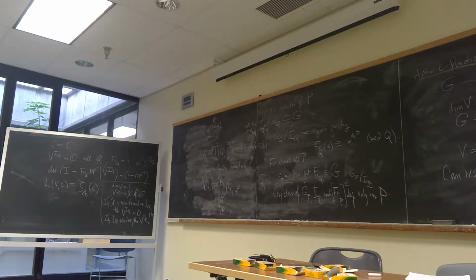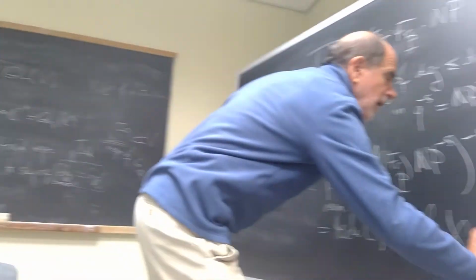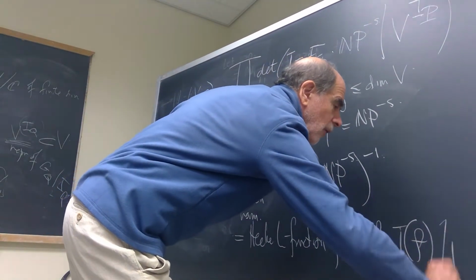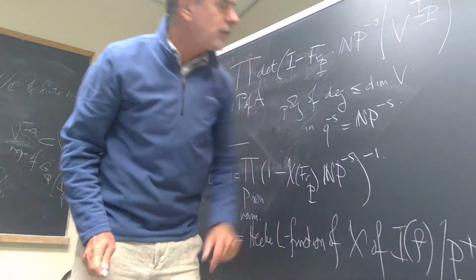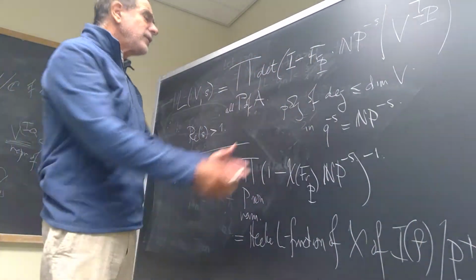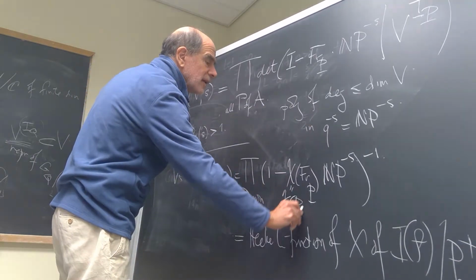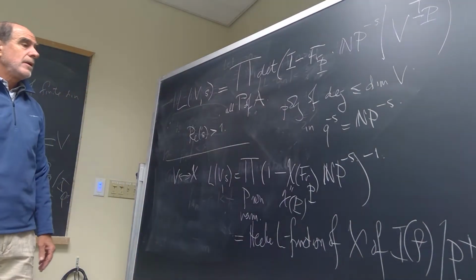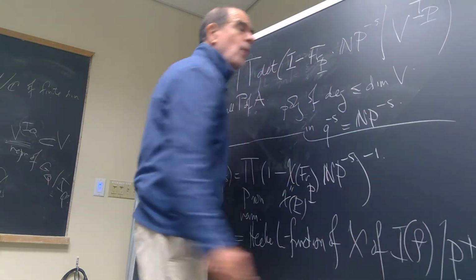Well, now we saw by class field theory, this is equal to the Hecke L function of a character chi of I_F mod P_F, because all the abelian extensions are quotients of this group. And so in this case, we're dealing with a Hecke L function. This is the same as chi of the ideal P, etc., in the Hecke definition. And so in this case, we're dealing with something that we know satisfies a functional equation, just like the zeta